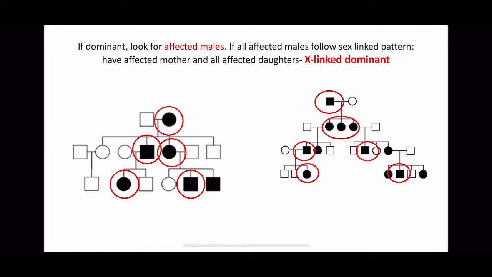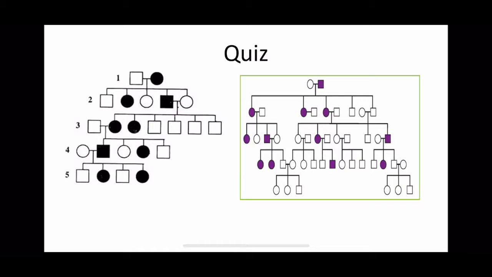Simple. A quick recap: you have to find out if it's recessive, if there is an unaffected couple giving rise to affected offspring, first thing. If it is recessive, then look for affected females and then trace the father and all the sons of that female. If it is dominant, then find the affected male and then trace the mother and all the daughters of that male, opposite sex. So this is quiz.